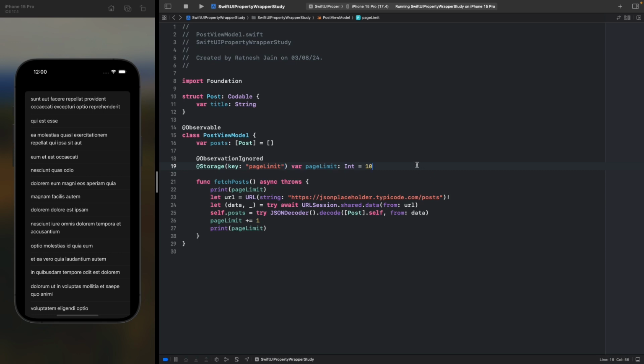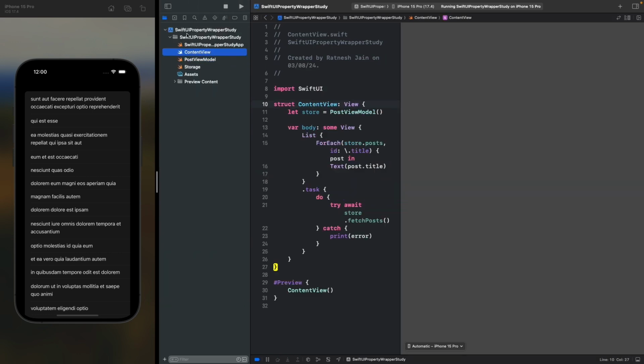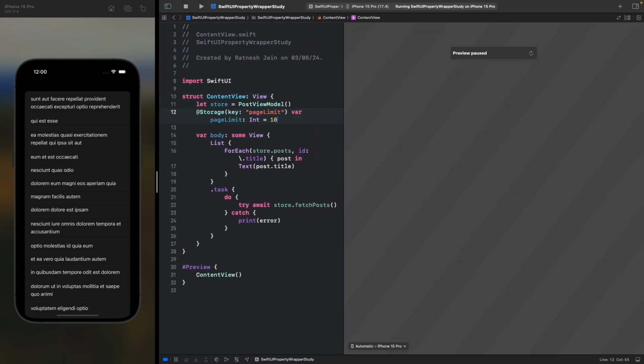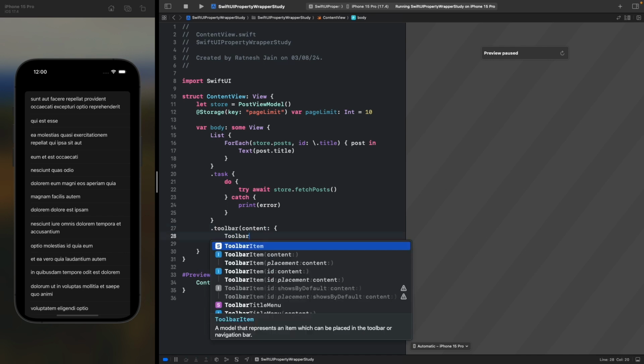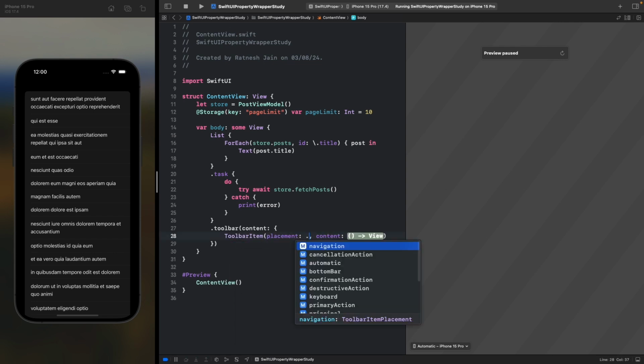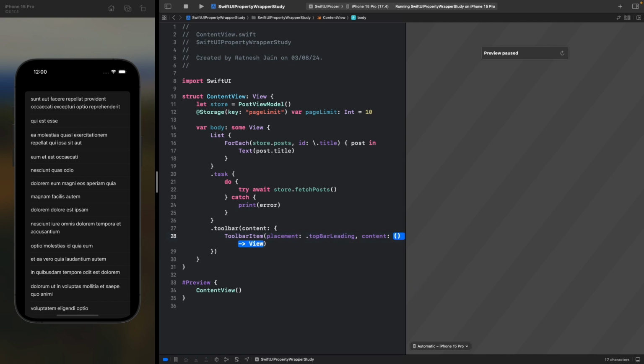So I can copy this and just paste inside the view, and to display this I am using the toolbar, another view modifier that will display inside. So in the toolbar we have this toolbar item. It will only take this toolbar item as an argument, and we can place it on the top bar leading, so on the left side of top, and we can just simply text this the page limit,